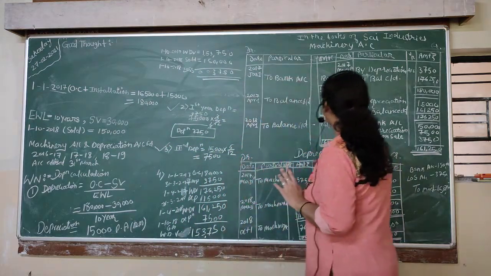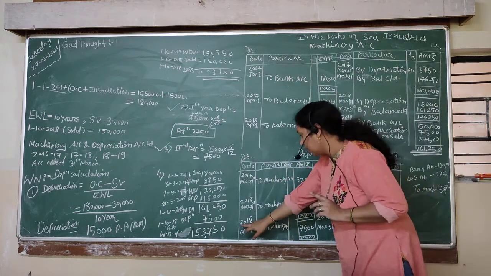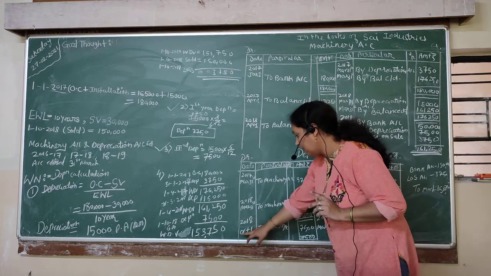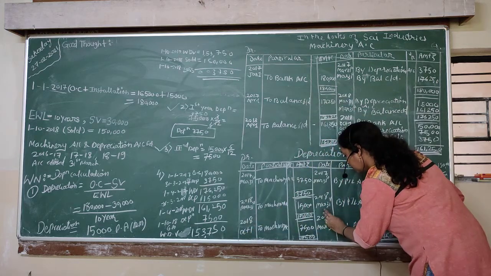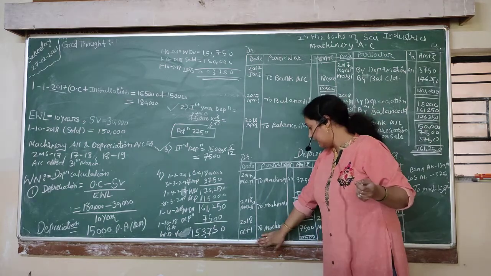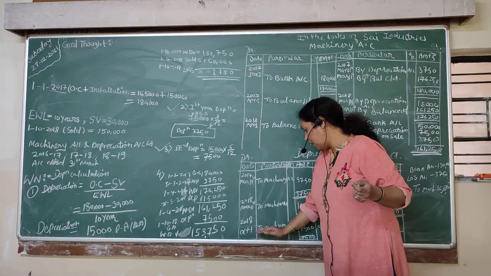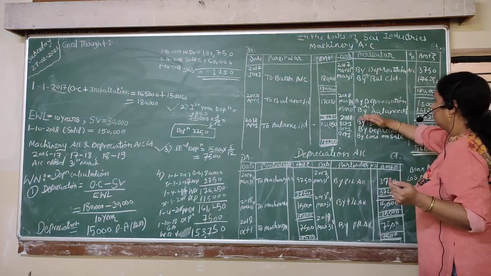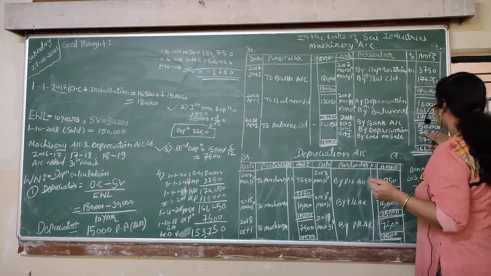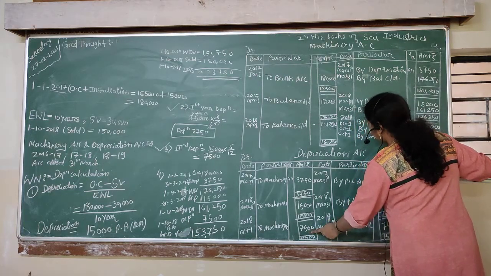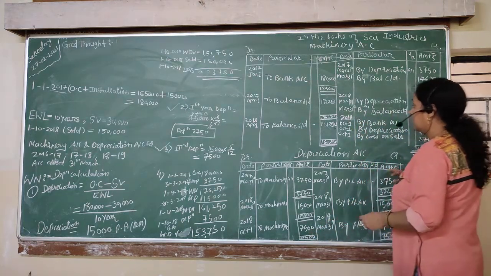I have written the date here in the third year, 2018-19, and I will write October 1st. The entry is depreciation account debit. So depreciation account debit side, to machinery account, and in the third year the machinery account credit side, by depreciation account. I have recorded the depreciation, students.